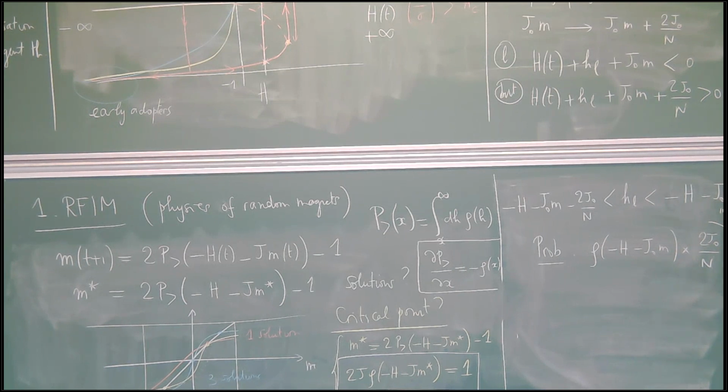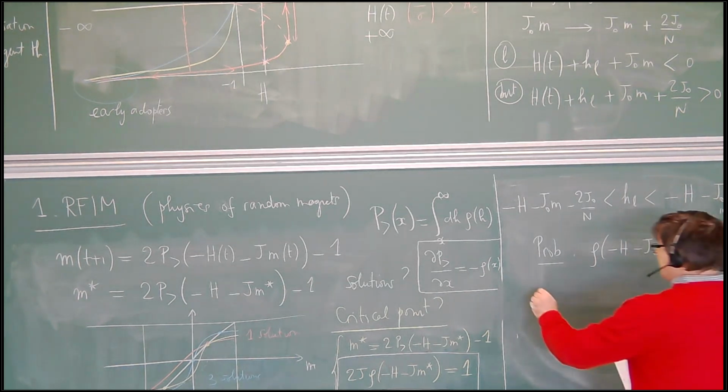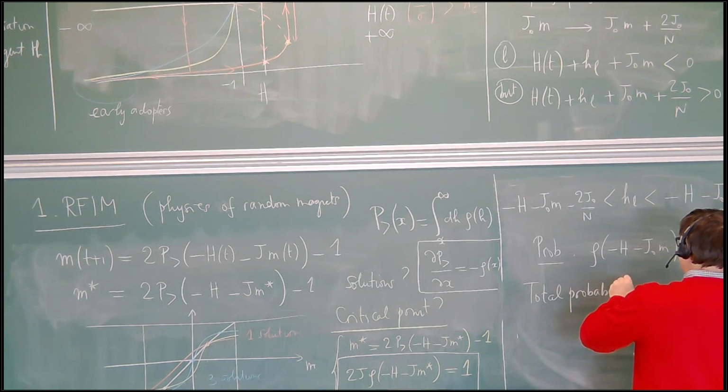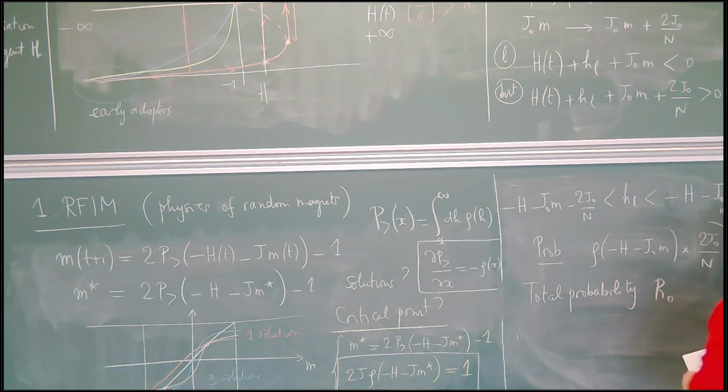So that's the probability that one of them is in this situation, and the probability that any L is prone to flip is N times that total probability, which I'm going to call R0, because it's the probability that given that a certain spin flips, another spin, whoever it is, will flip as well. Then the total probability is this result times the number of potential agents that can flip, which is N itself. So you see that it cancels the factor 1 over N, and what we get is